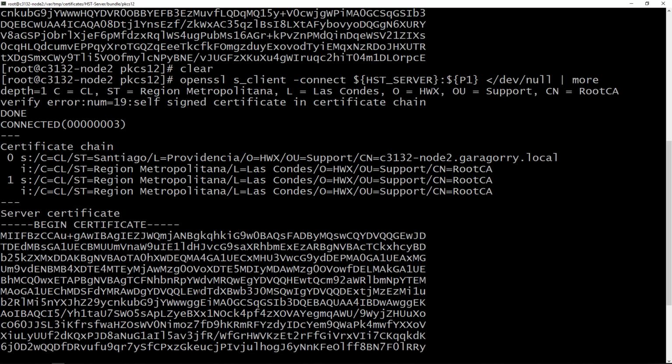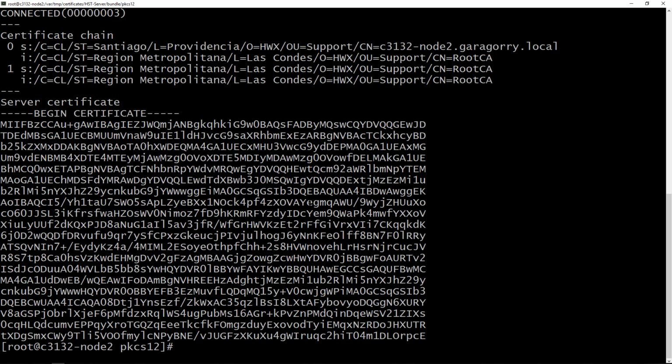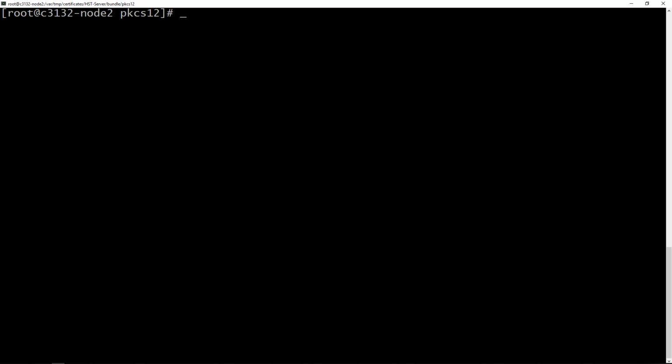As you can see, we have the information for certificate number 1, certificate number 2, and all the information is now different from the default installation. So basically, we have already put in place the certificate for HST Server. Now, if we remember the procedure, all the agents need to send the information to sign a certificate and to be able to establish a two-way SSL configuration. So basically, we are going to start